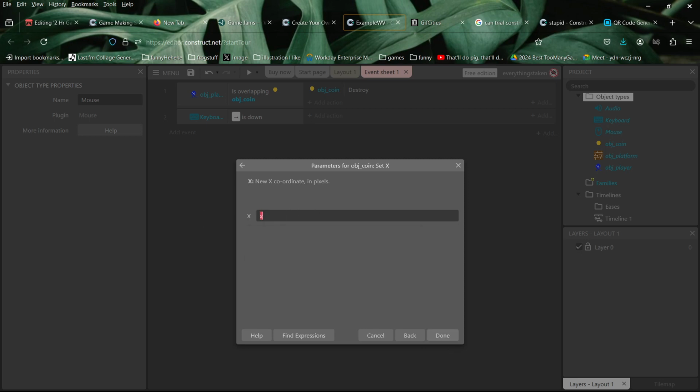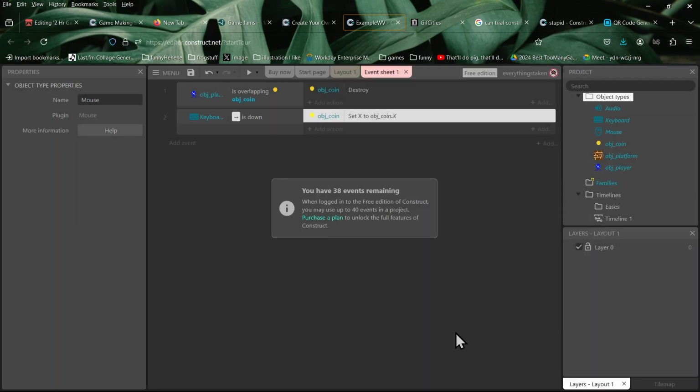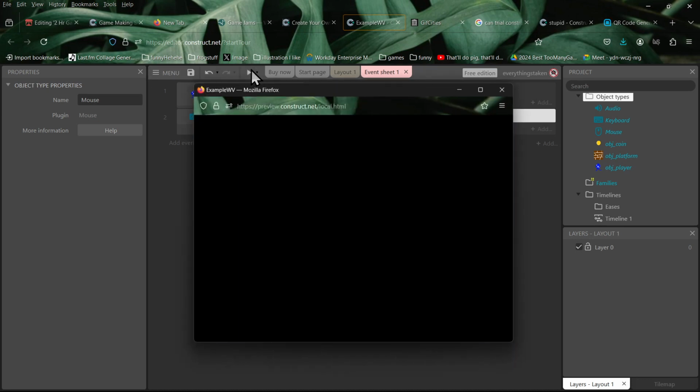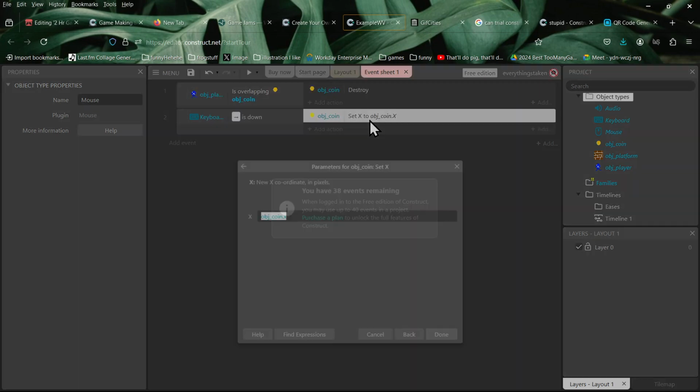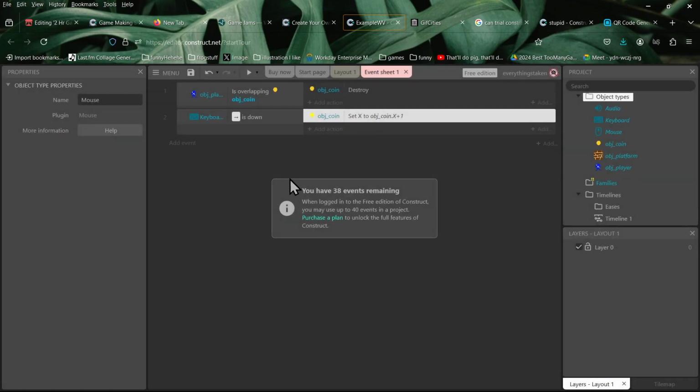Oh, and maybe something. If you want to reference a variable that's a part of an object that you've made, you want to type in that object. So do obj coin dot, and then if you do dot, it lists all the variables under that object, right? So I'm just going to do X. This will just move that coin to the right. What did I not do? Oh, I forgot to do +1. Yeah, right. Thank you.